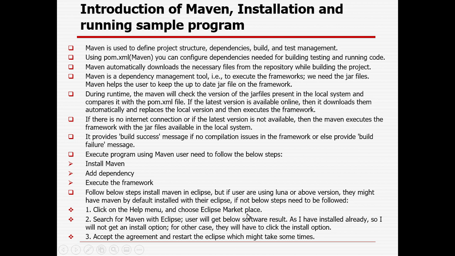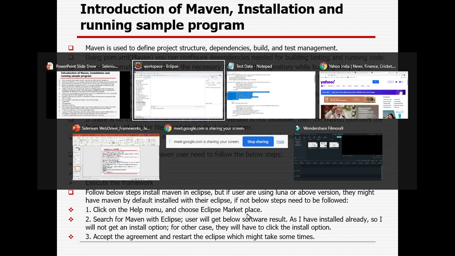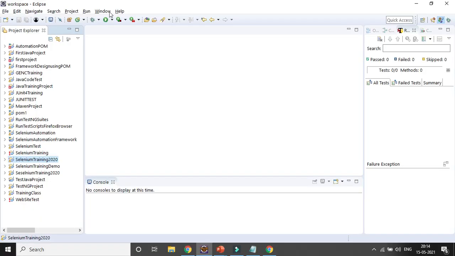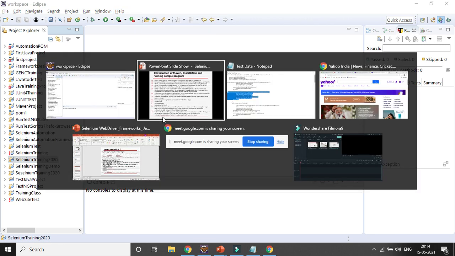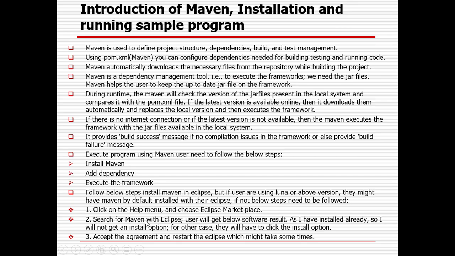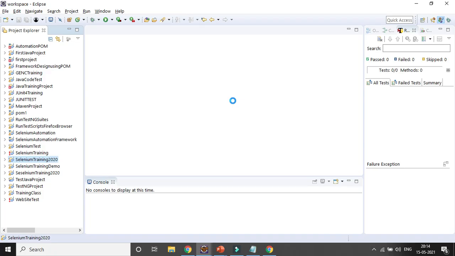First, you need to open Eclipse. In case it is the Luna version, by default it will be available. Otherwise, just click on the Help button and then click on the Eclipse Marketplace option. Then it will open a page. It might take some time.